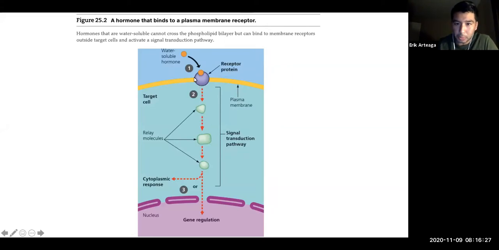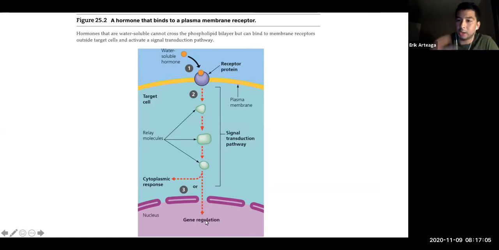Okay. So you have the receptor protein, and you have that induction of a pathway. So you have relay molecules. We talked a little bit about relay molecules earlier when we talked about the cell. Think of that as kind of the marker, that trigger for that cell to perform a pathway. So you can have one or two mechanisms after this relay is completed. You can have a cytoplasmic response, so it can be secretion of a protein or induction of dumping a vesicle or a different process. Or you have gene regulation, protein control at the genetic level.